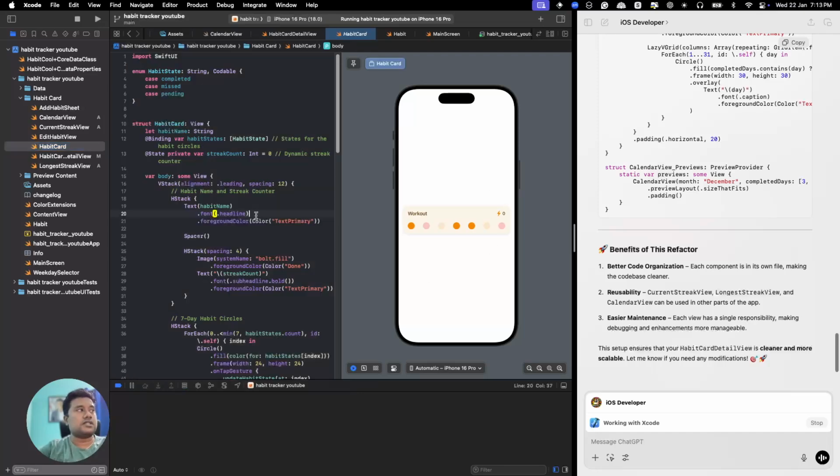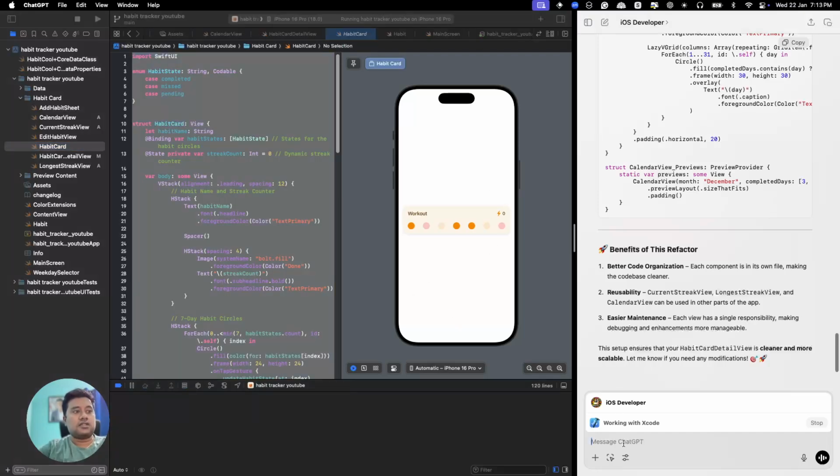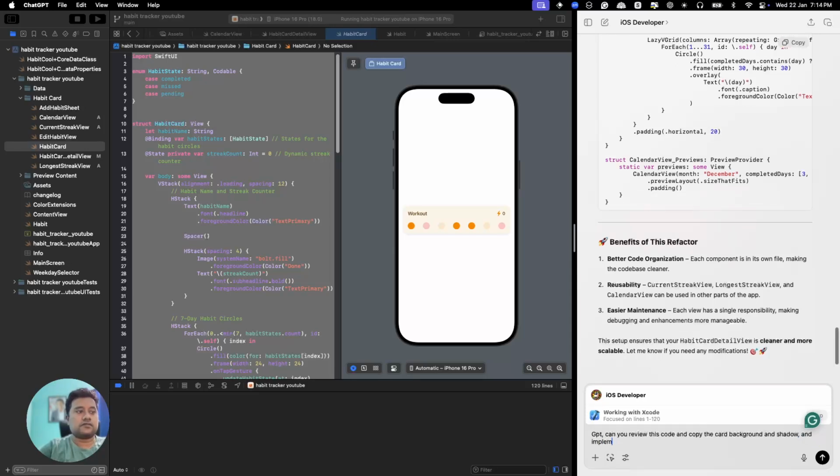I'll select this entire code and ask GPT, can you review this code and copy the card background and shadow and implement it in current streak view,